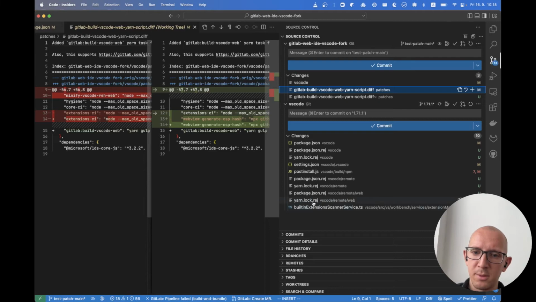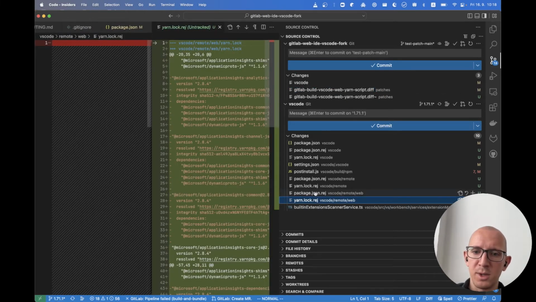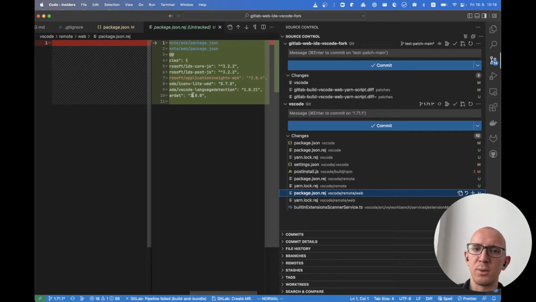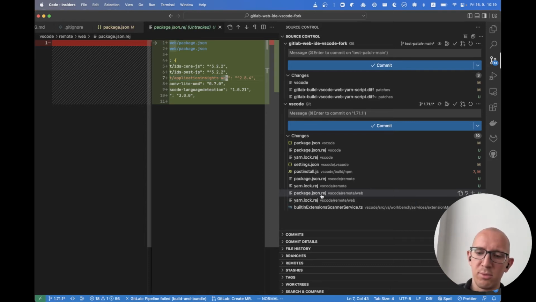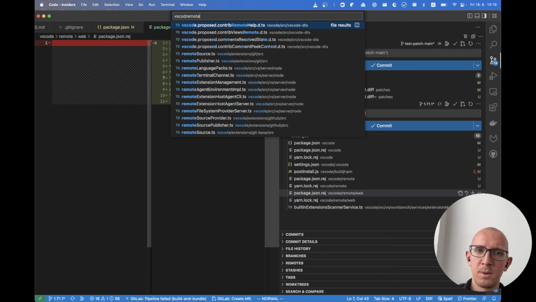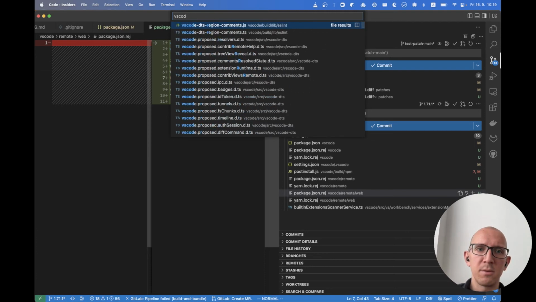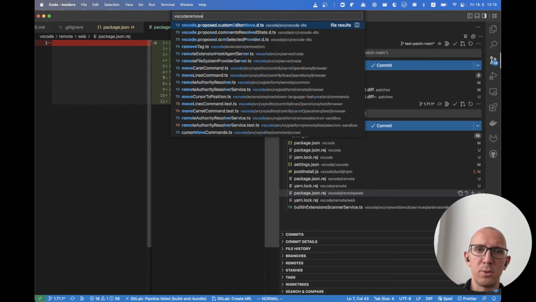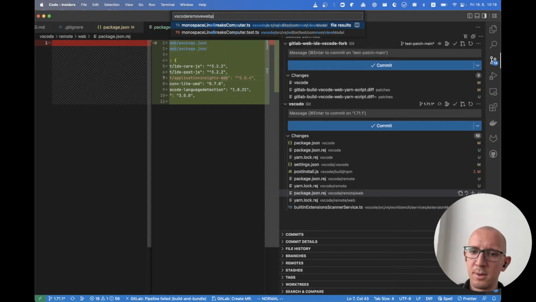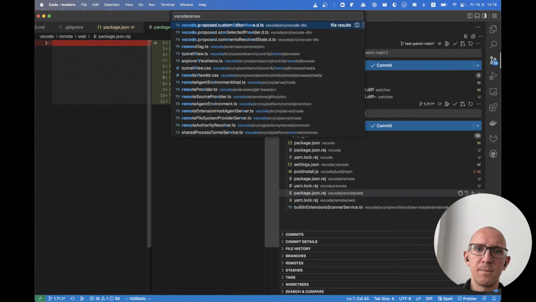Pretty much what I see is that we try to remove this dependency from package.json, and so I can try to go into VS Code Remote Web, package.json,